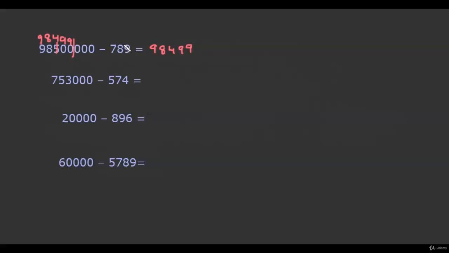And now here we will apply all from 9, last from 10. If we take the difference of 7 from 9, we get 2. Difference of 8 from 9 is 1, and difference of 9 from 10 is 1. So this is the answer. So in this way we are not taking time while writing the answer. If you don't have to speak, then mentally it will be very fast.